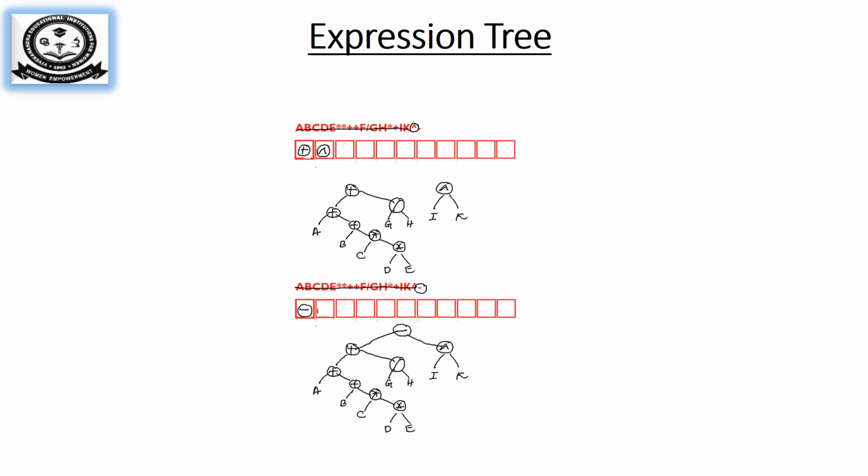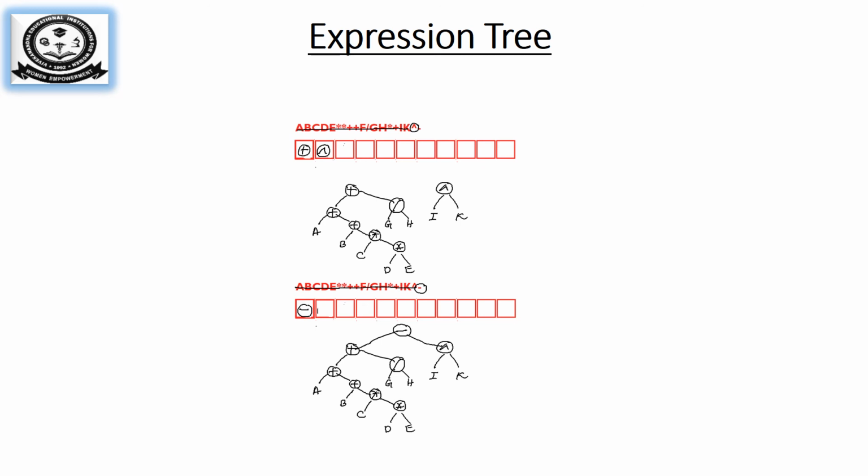From this tree, what I can see is that D into C is executed first, whose result is given to the star, and whose result is again added with B, and the result of this expression is given to the addition of A. After that, you will calculate G slash H, and these two results will be summed up. Then cap of I and K can be executed. Finally you will perform minus.